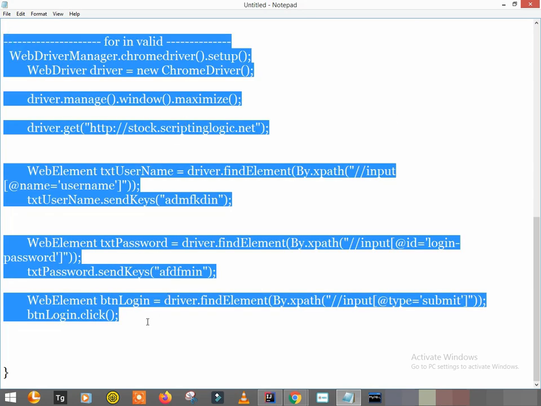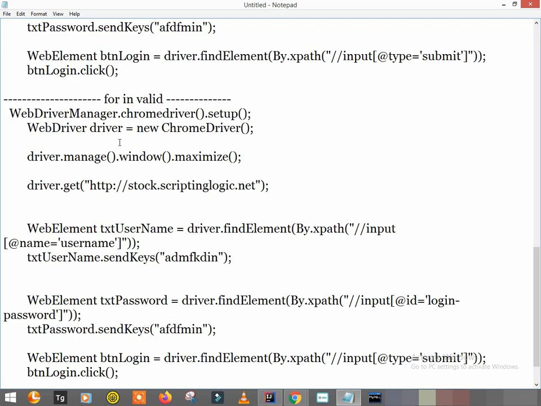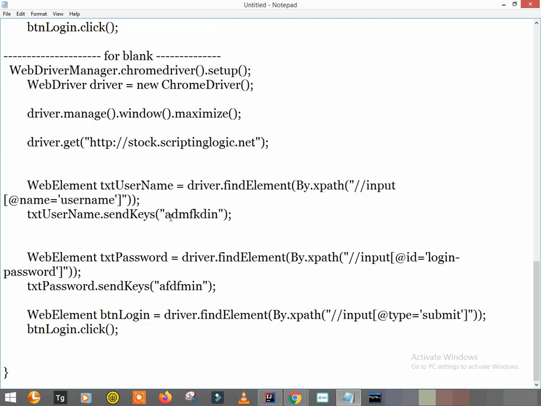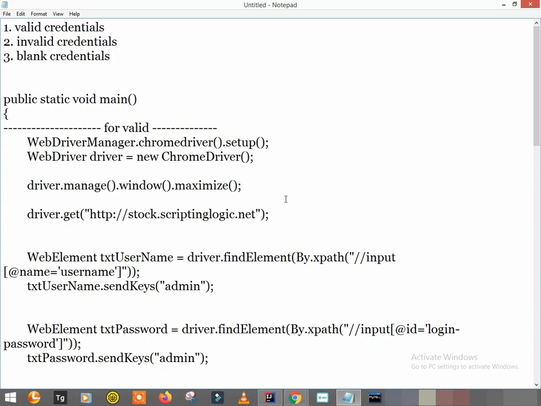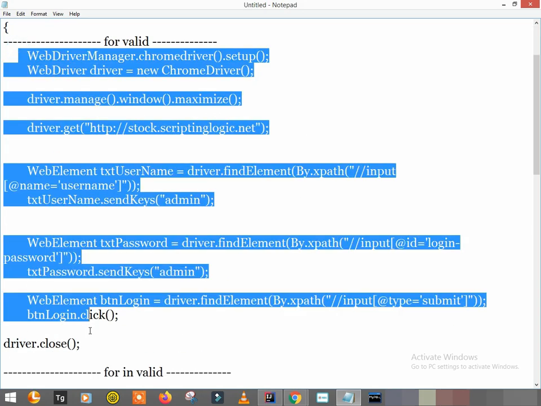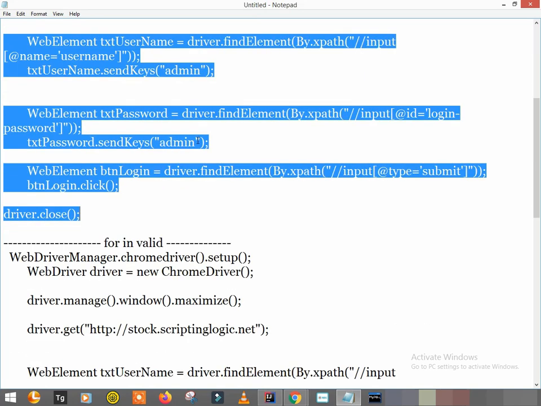One more scenario I will write for blank, so let's say blank username password. So once I run this public static void main, first the valid scenario will run and close the browser.